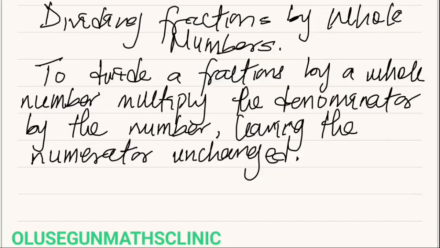Dividing a fraction by a whole number. To divide a fraction by a whole number, multiply the denominator by the number, leaving the numerator unchanged. Let's have an example that illustrates this. So for you to get it better,